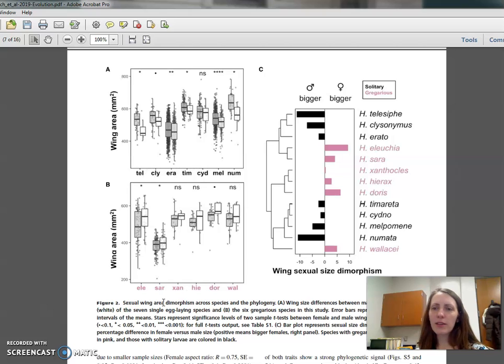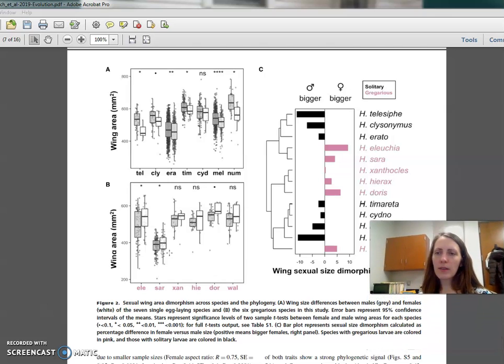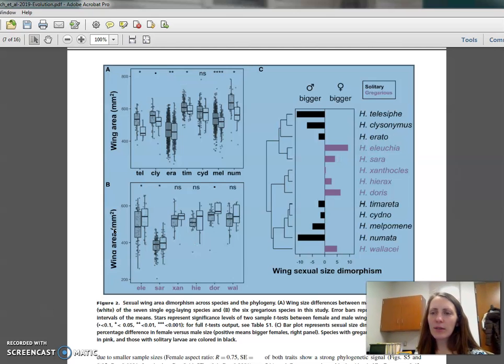If you didn't know that, you would look down here and they would be telling you that. Okay, and we've got male and female. It says males are gray, females are white. So we've got males and females for each species. Right, so then we can see that there's a lot of variation in some species. Some species are really variable. Some species, males and females, are really similar. Some species, they're really different. So we're getting an idea for what's going on, and we would be correlating this in our minds with